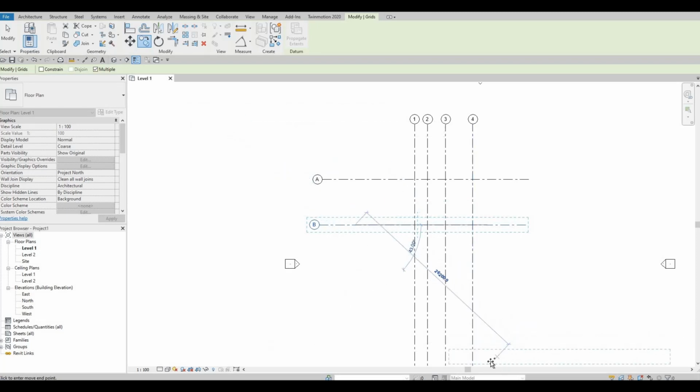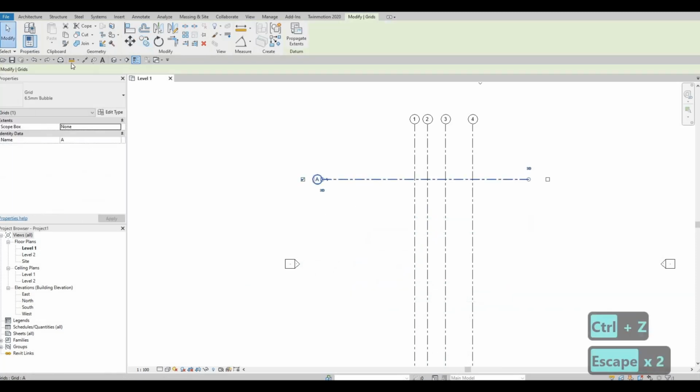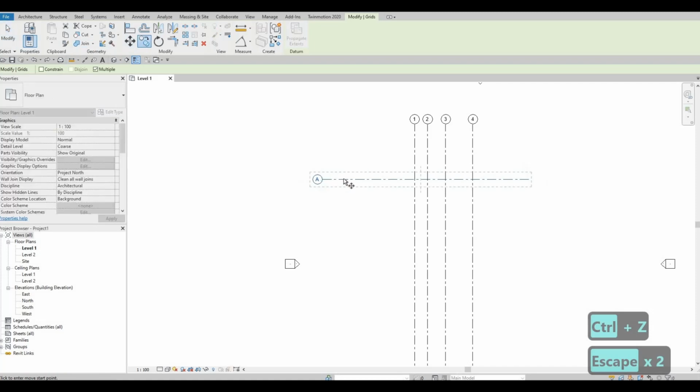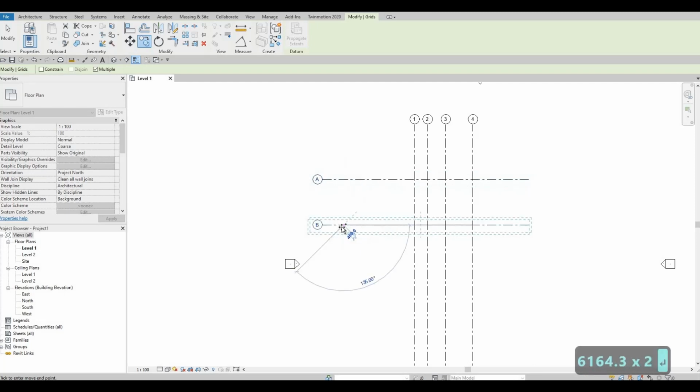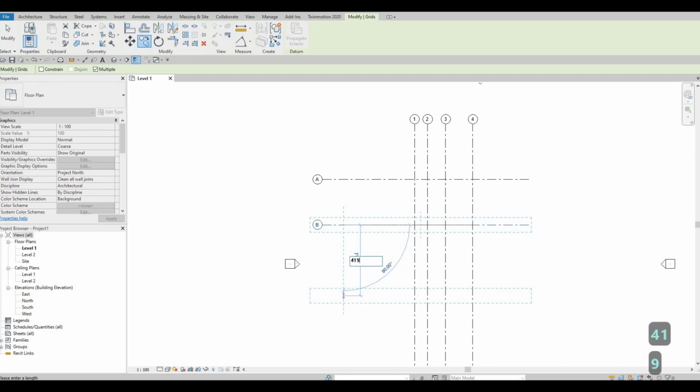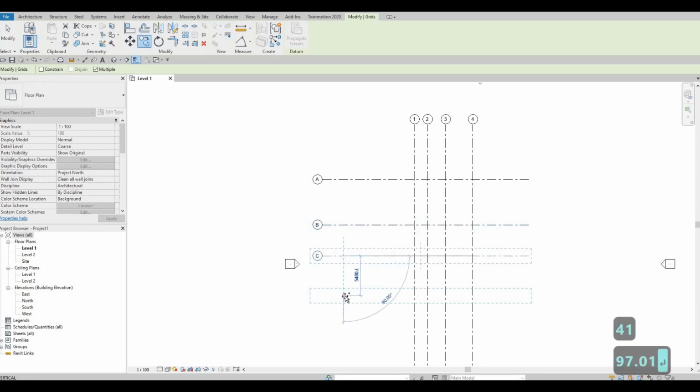And you want to make sure it's 90 degrees, so I'm just gonna undo it and then grab it from here again. 6164.33, and then again 4197.01, 2150.6,